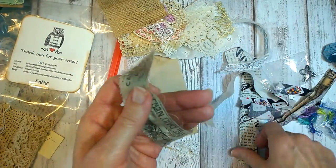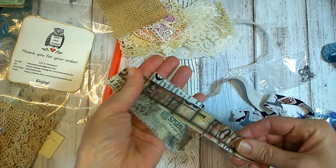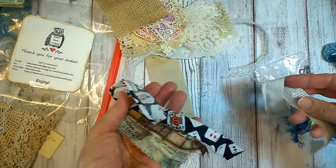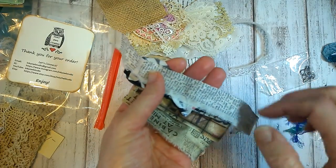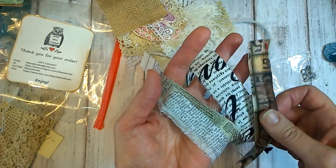I've also got these, I don't know what you call them, strips of cloth. And these, I've got quite a bit of these three here. I have a limited amount of this one, but these four I do have quite a bit of, so they'll probably